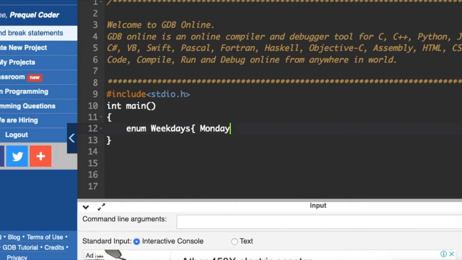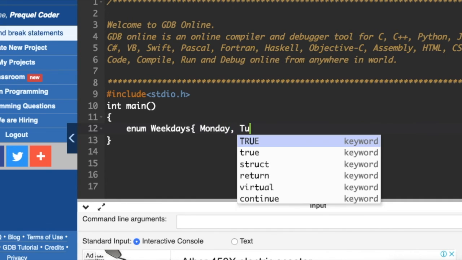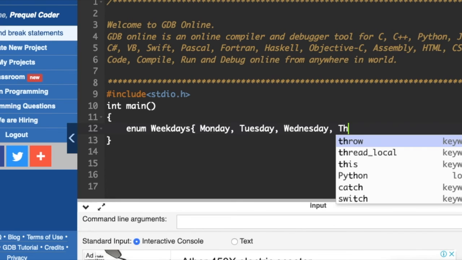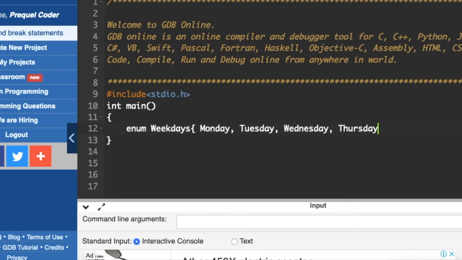Let us print some days, the weekdays where we regularly work or get some productivity.